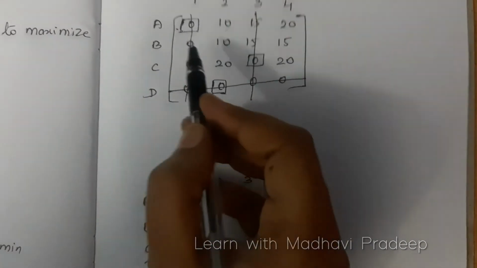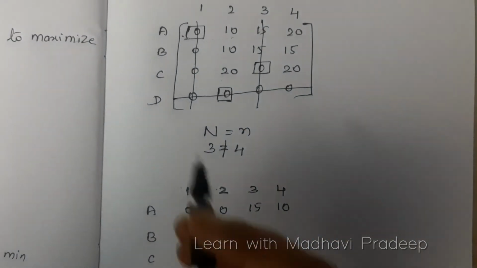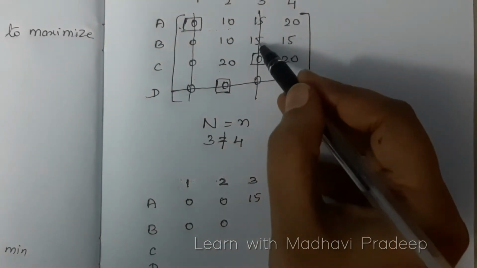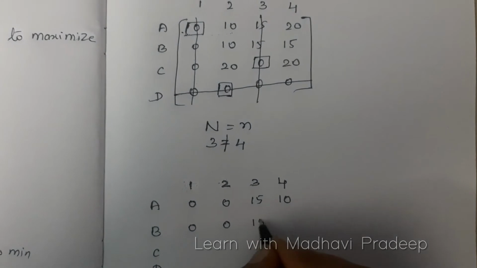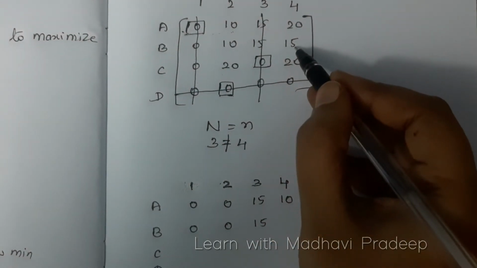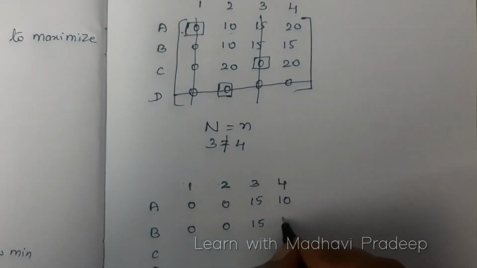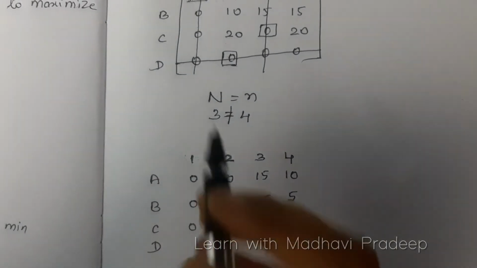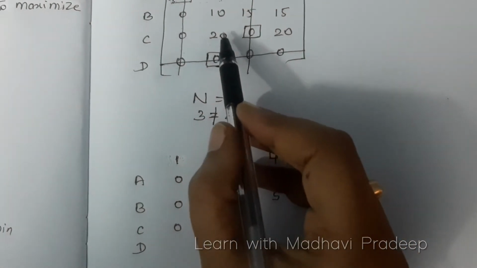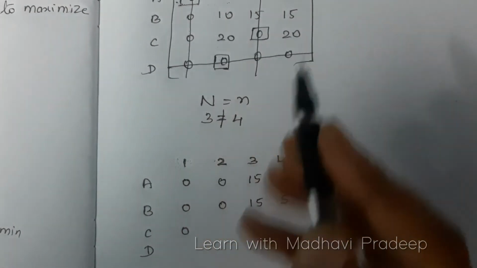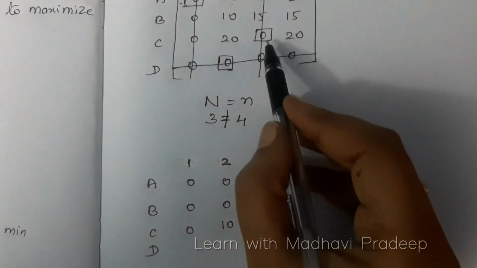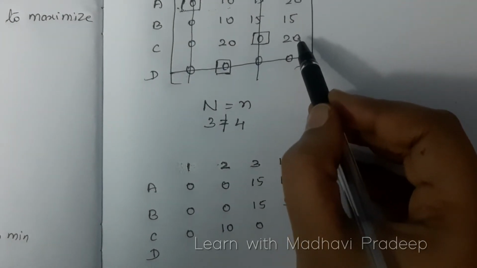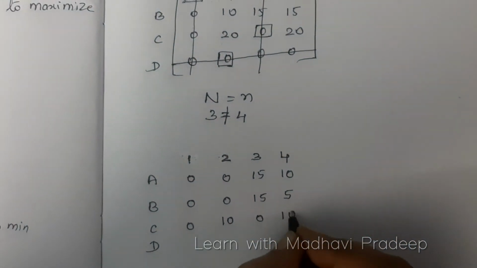Next is the second row, 0 is a deleted value, so write it down as it is. Here again 10 minus 10, so you will get 0. And here 15 is a deleted value, write it down as it is. And here this is an undeleted value, so 15 minus 10, so you will get 5. Third row, 0 is a deleted value, write it down as it is. 20 is an undeleted value, so subtract 10 from this 20. So 20 minus 10, you will get 10. 0 is a deleted value, write it down as it is. And 20 is undeleted, so again 20 minus 10, so you will get 10.